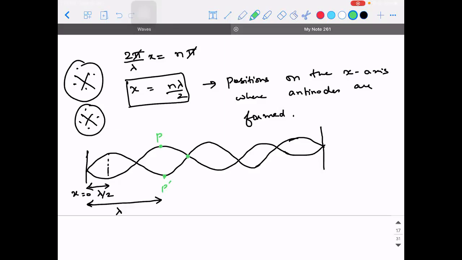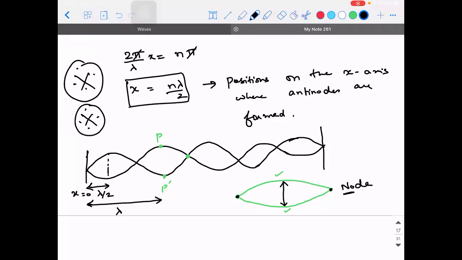So if you take a standing wave, if you look at it like an eye, the structure of an eye, there are two endpoints where there is no amplitude, that is both the waves are meeting, and there is a certain point where the distance between the traveling wave and the reflected wave is maximum, and that point is what is antinode. And the points where the amplitude is zero is what is called as node. You can remember it like this: NO means no amplitude. The counterpart of something is anti. So the one which has maximum amplitude is antinode.